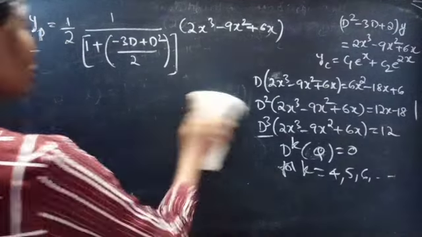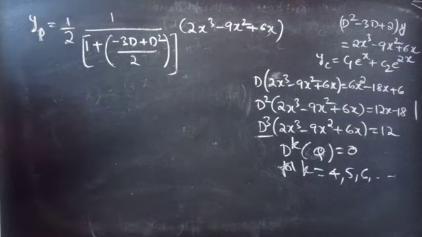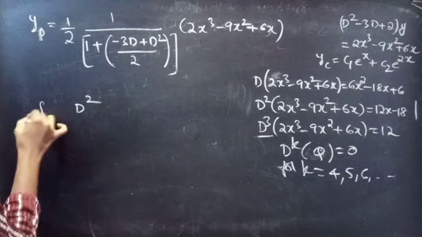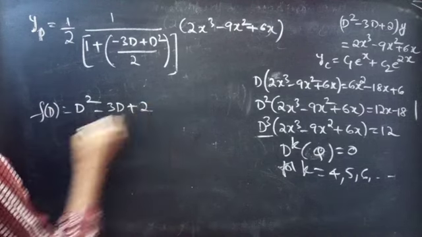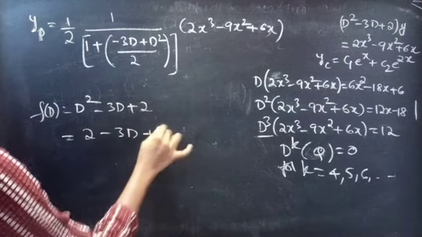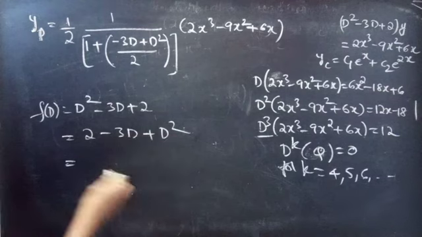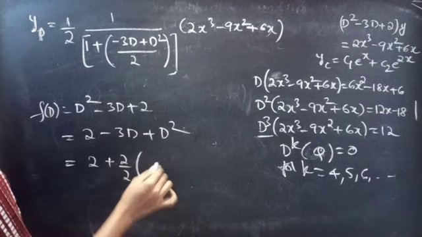You can just write the terms in ascending order. Let me show you once. We have f of d equals d square minus 3d plus 2, right? So let's write it in ascending order. Now let's take 2 common from all the terms. We don't have 2 in the next 2 terms, right? So let's multiply and divide the 2 to